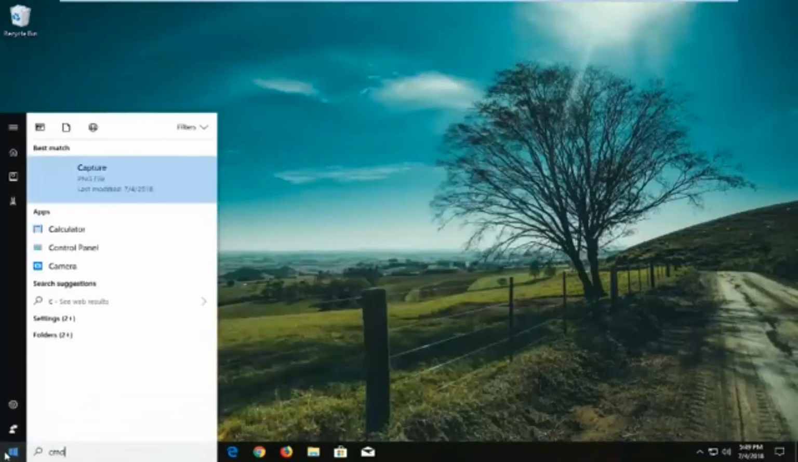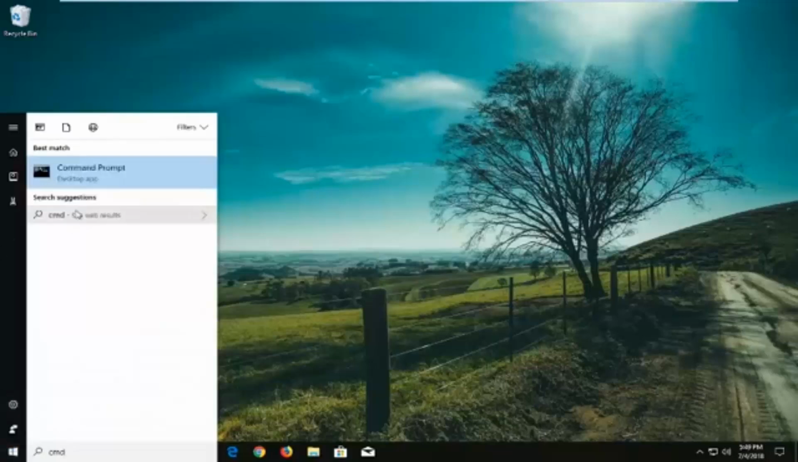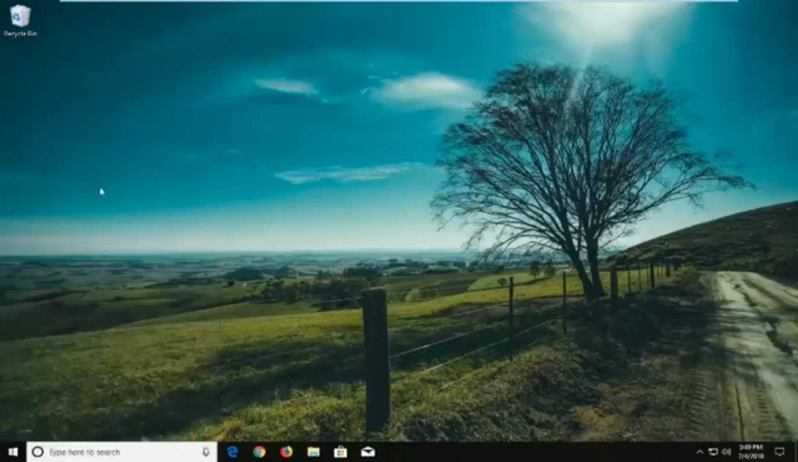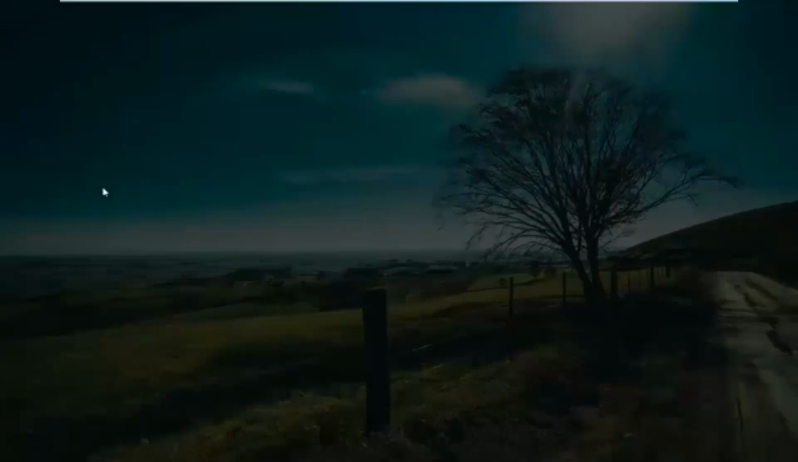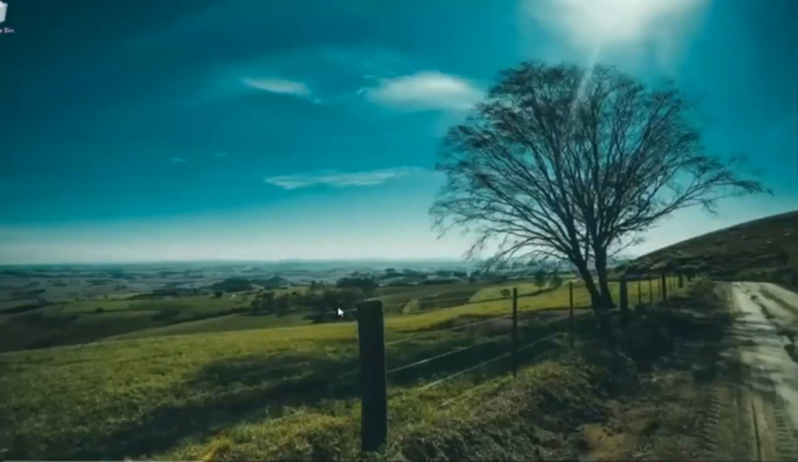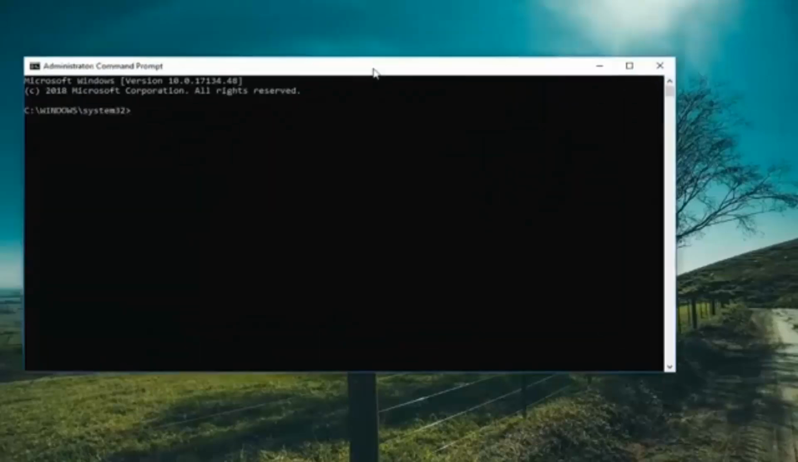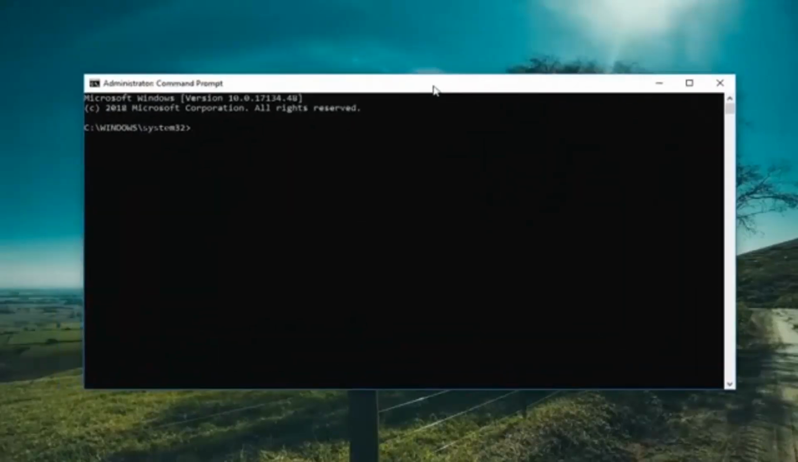Type in CMD. Best match should come back with Command Prompt above Desktop app. You want to right click on this, and then left click on Run as Administrator. If you receive a User Account Control prompt, you want to left click on Yes. So basically, if we know what drive we're having the problem with, you want to type in